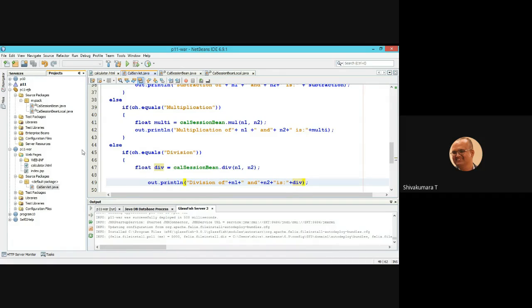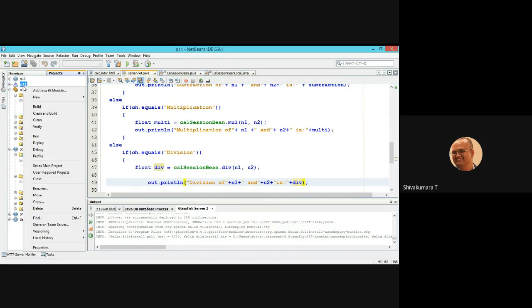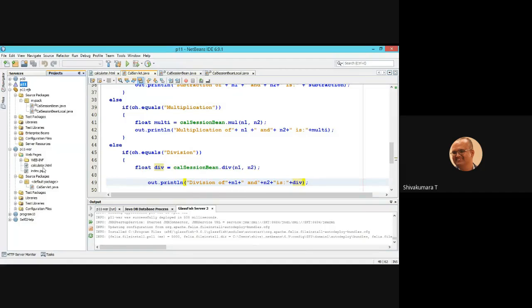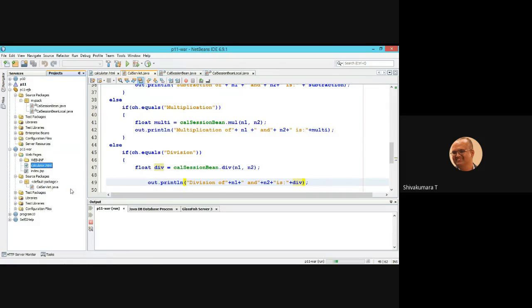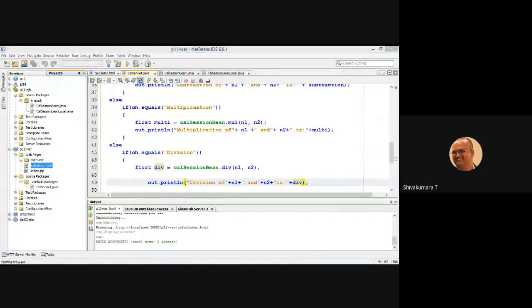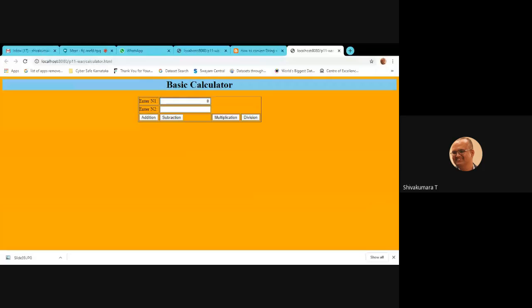Okay, now run calculator.html, run file. Is that visible? Now enter the numbers.